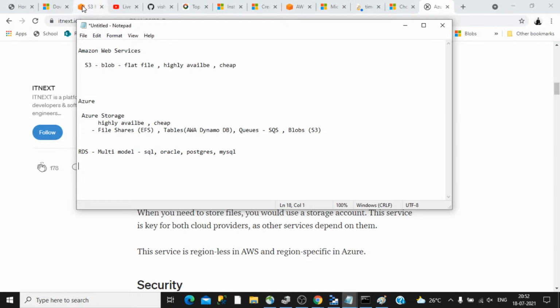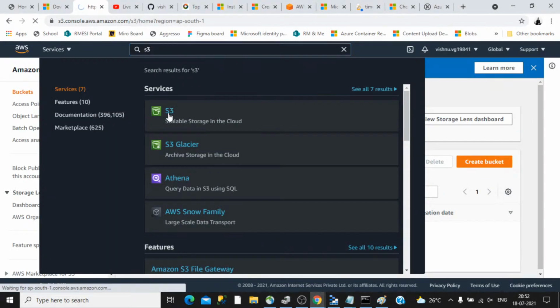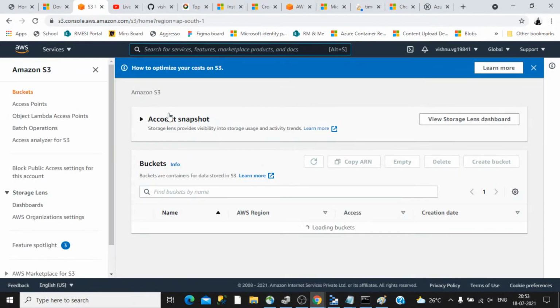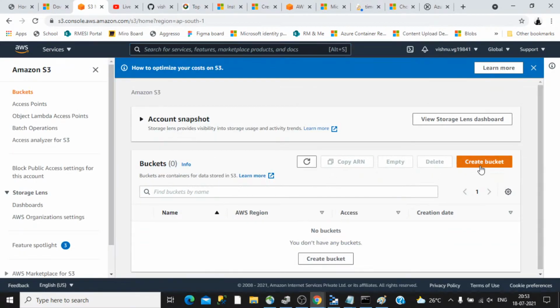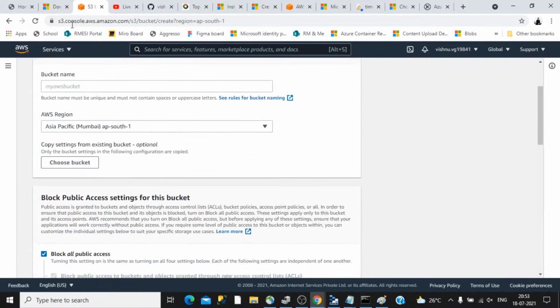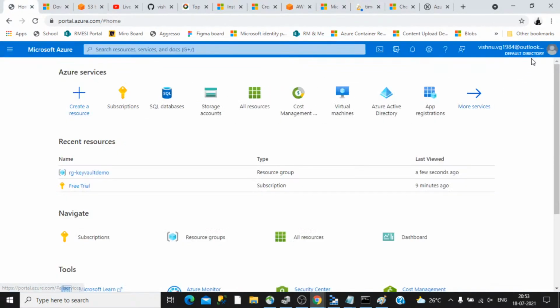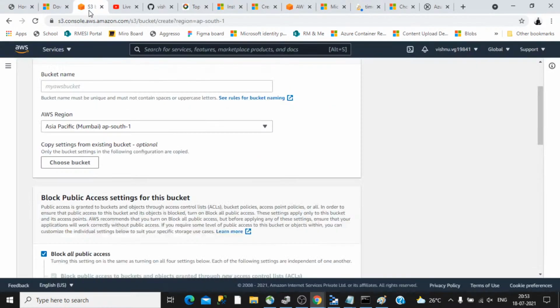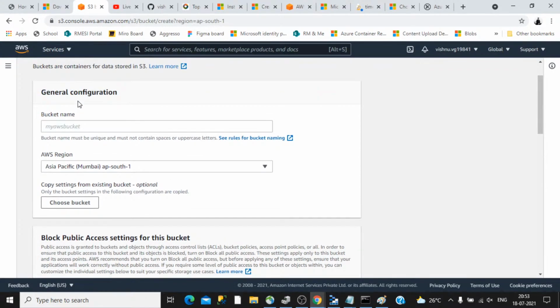For example, if you are creating an S3 bucket, let's create an S3 bucket here and understand how it looks like, because we are now logged out of Azure due to some subscription issues, which might be something related to my payment information. Let's see how we can create a similar one in Amazon and see how it goes. So you have to provide a bucket name here. For example, let's create demo bucket, and then